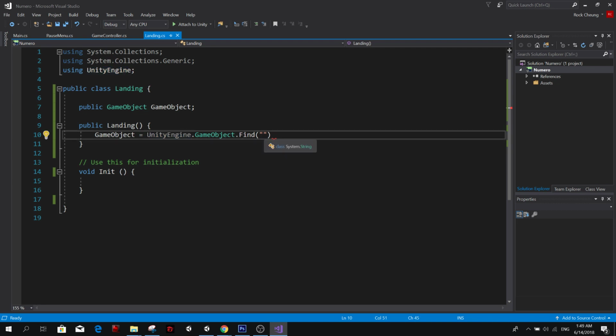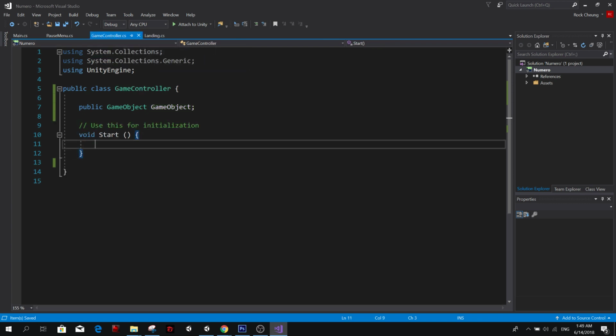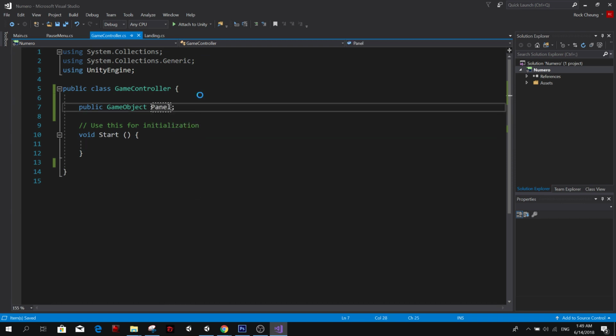I'm just gonna do it like that. You find landing, or we could make it from the main. However, I think this will work. So here, oh no, we can call it something like panel, right? Because it's like the panel that we're using, the window or panel. You can call it window.